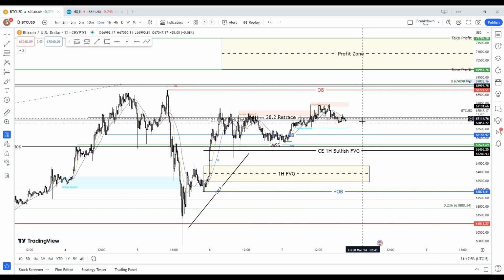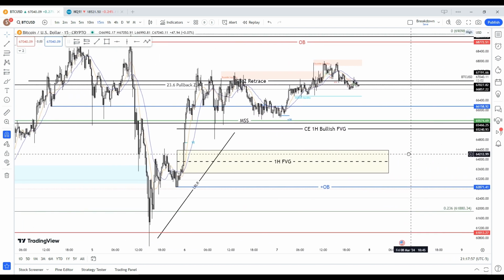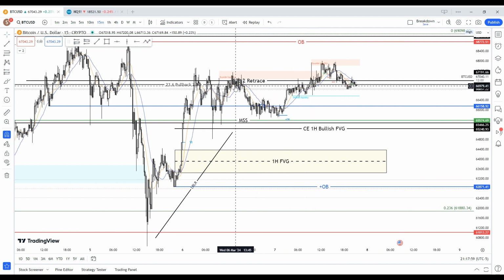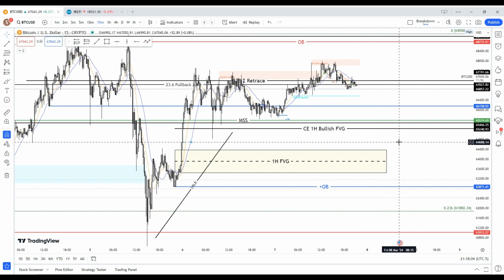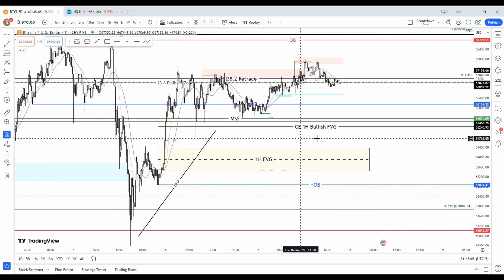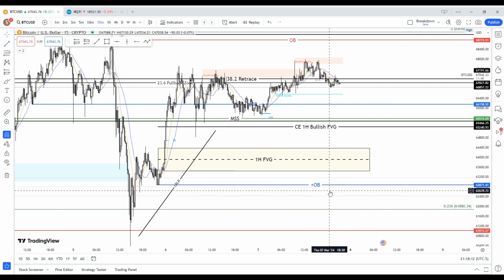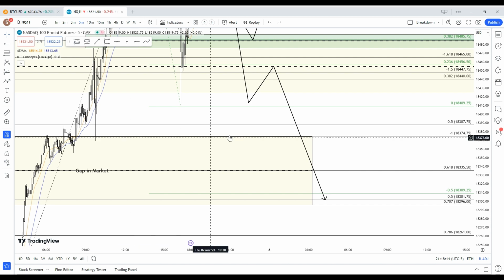It's done nothing. I said it was no trade for me. It's still no trade. It's been in this range. So I'm going to leave that one alone, see if anything happens tomorrow, and we will put it in that video. But for now, we'll stick with NQ,